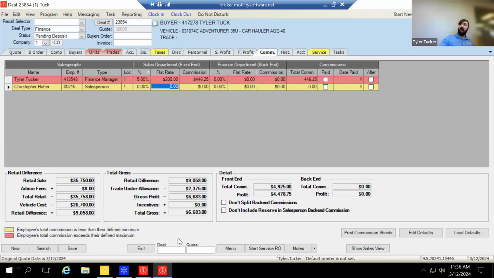The reason you're seeing Tyler generate red is because I probably don't have a commission rate set up for him. So his defined maximum is 0 right now. So anything above 0 is going to turn red for him as well. The way this is controlled, most people don't know, is if you go down to the bottom, you have an